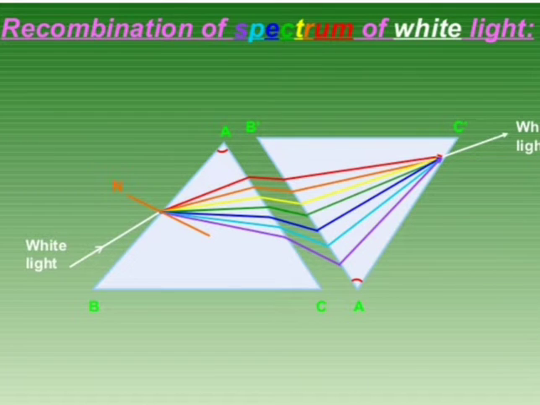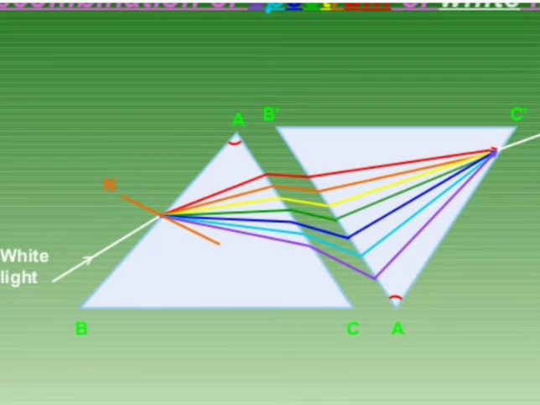Whenever white light falls on the surface AB, it comes out as 7 colors. And when these 7 colors fall on A dash, B dash, they recombine and form white light coming out from A dash and C dash,